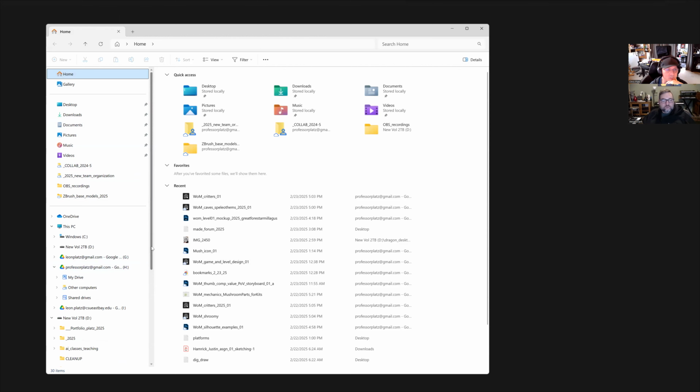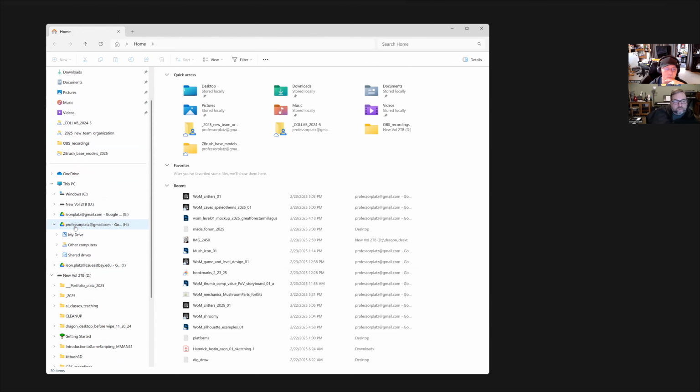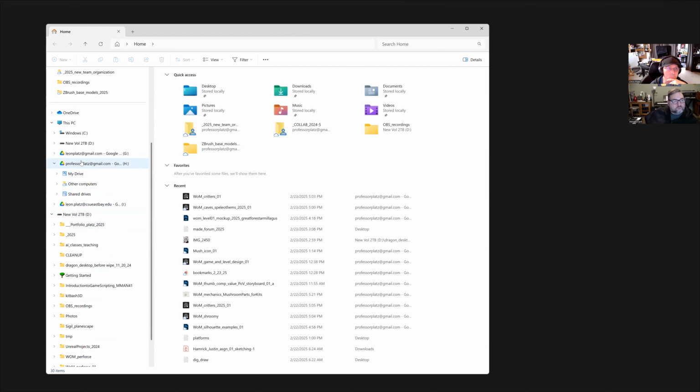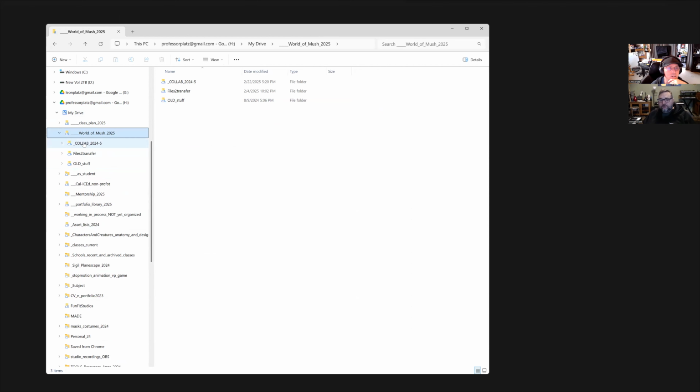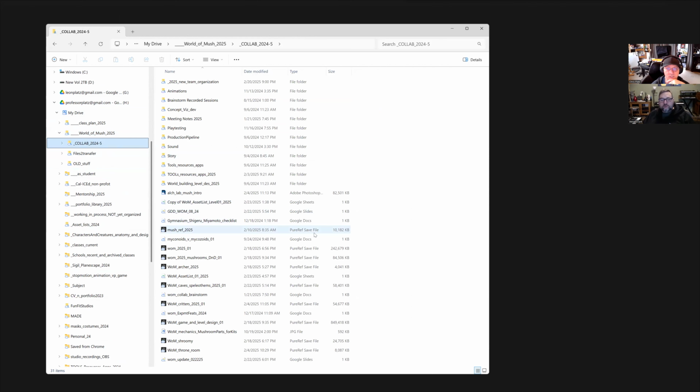But I can show you what we got so far. We got some whip spider, scorpion, dinosaur, ankylosaur, kind of crustacean creatures blended together. Here it is in the collab folder. So all of these that say PureRef files are fun to look at. There's critters, and then game and level design is the other one.